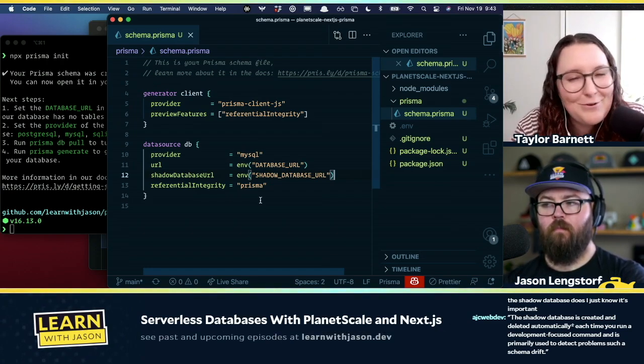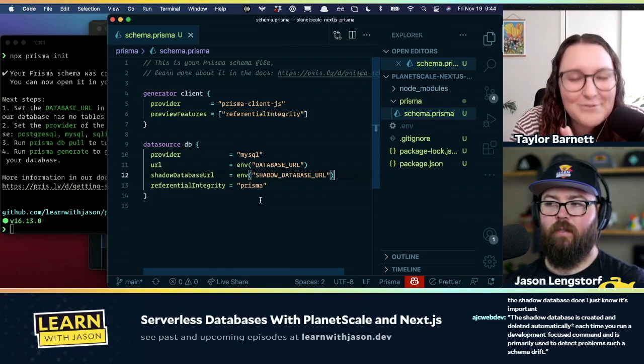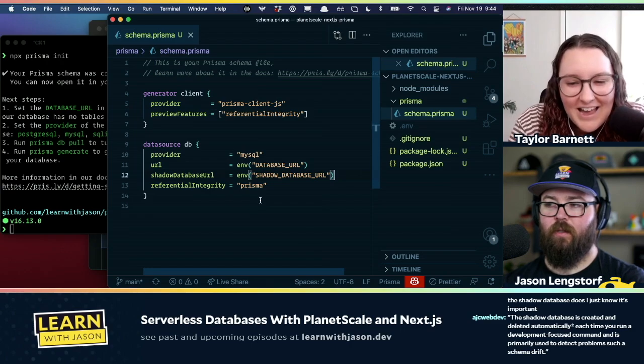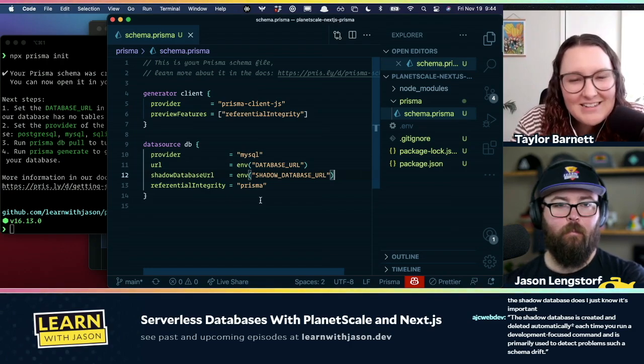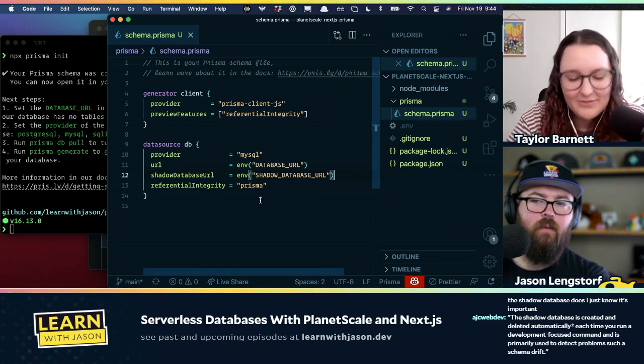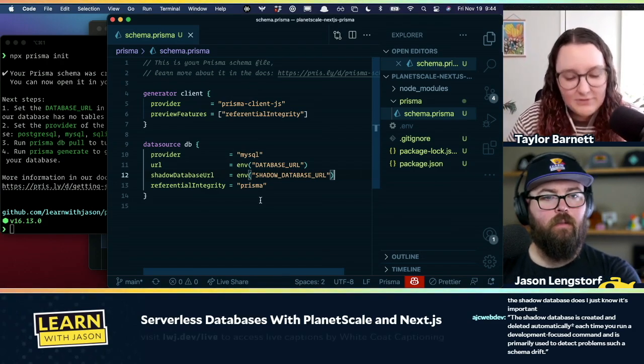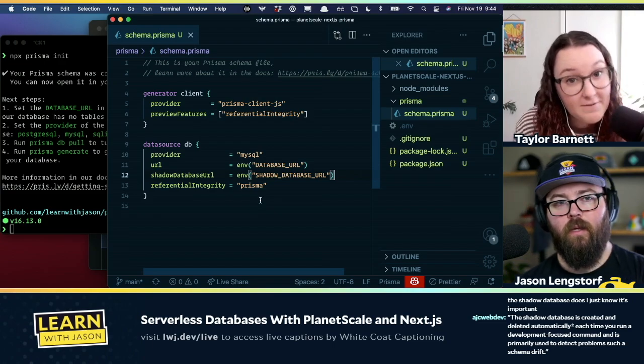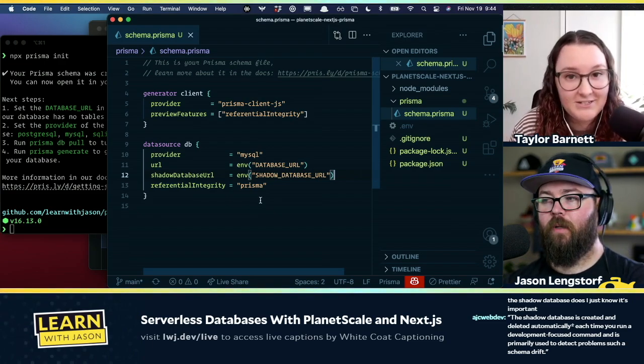I recommend also going to read the Prisma shadow database page. I can see Anthony's posting quotes in the chat right now. It goes a lot deeper about how it works. But the most important thing is you need it to do Prisma Migrate. If you're never going to do a Prisma Migrate, then you don't actually need it. But